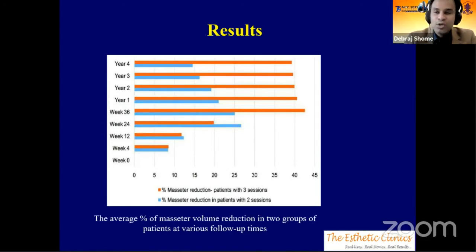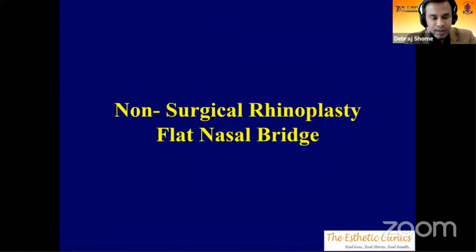So in that sense, it almost becomes like a semi-permanent sort of treatment. And why would you do orthognathic surgery when you're able to make the changes with simple botulinum toxin injections, which is predictable, causes less morbidity, and can actually transform faces. We also do a lot of non-surgical rhinoplasty. And initially, when I started rhinoplasty 15 years ago, non-surgical rhinoplasty did not even exist.